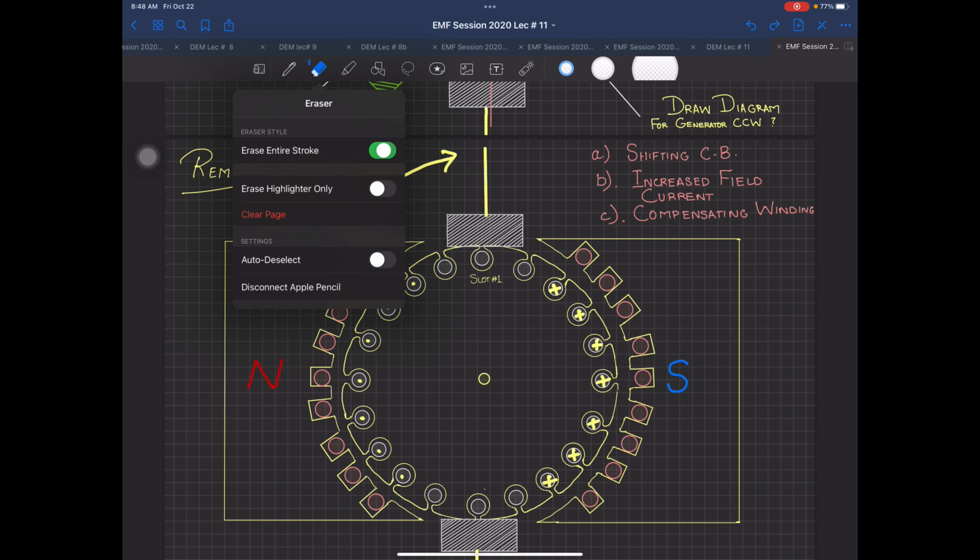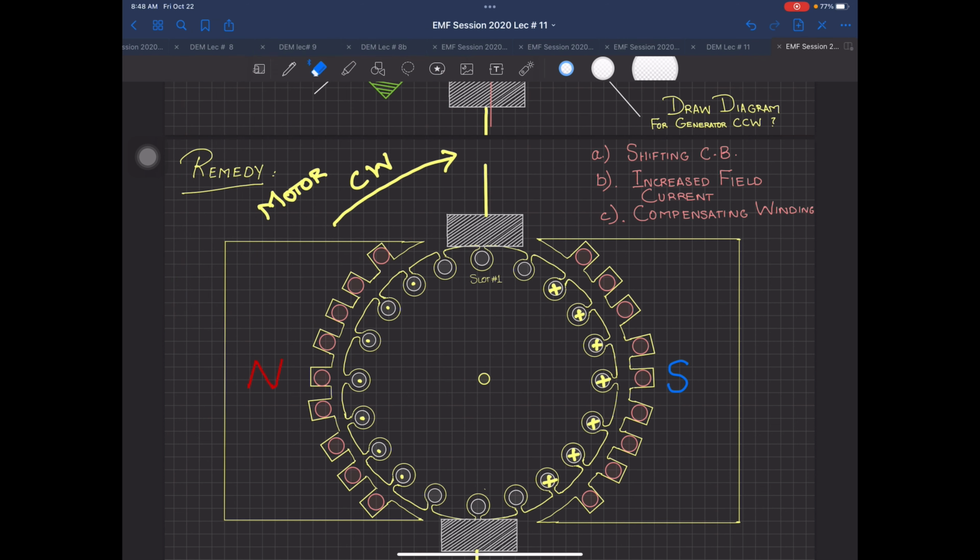So you are going to break this winding over here in between, and you are going to have this winding connected over here like this, and from here this is going to be connected to here, and from here this is going to be connected to here. So in series with your armature, you are going to put this winding in such a direction, listen to this carefully, that where there is a cross, there will be a dot, where there is a cross, there will be a dot over there, and here there is a cross over here.